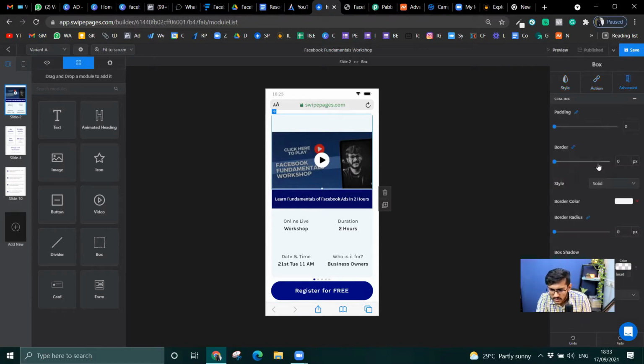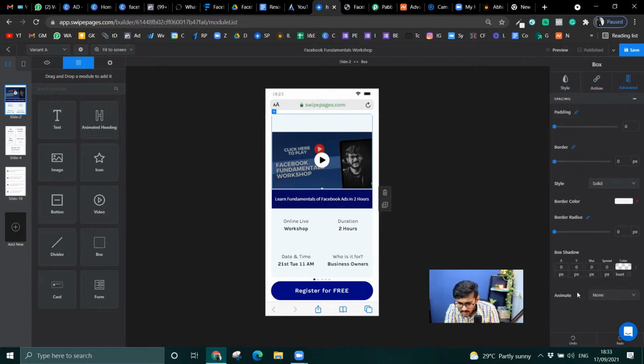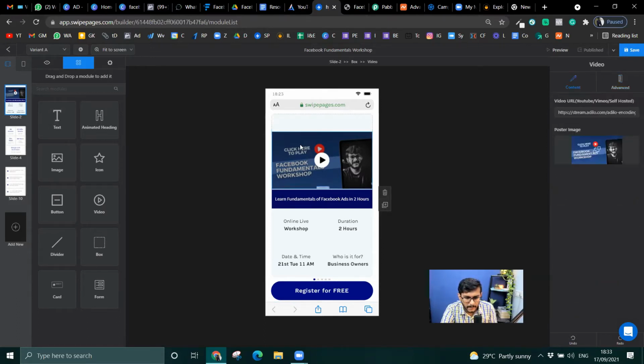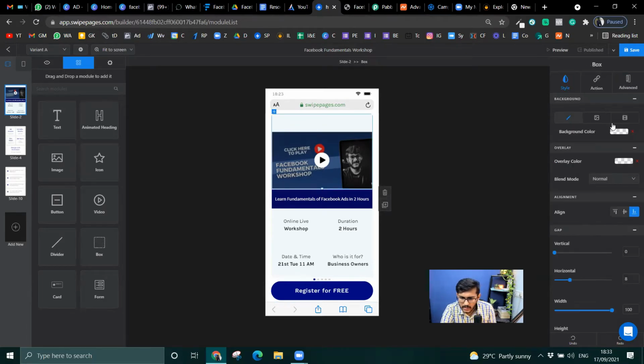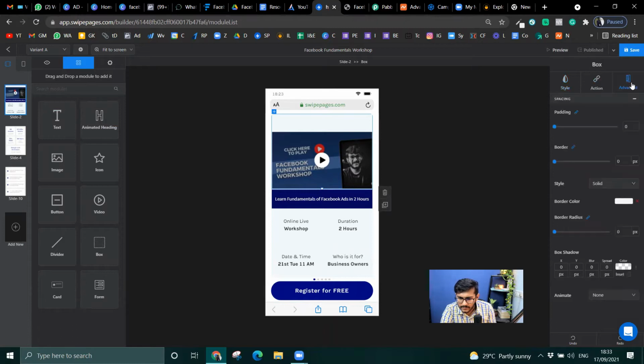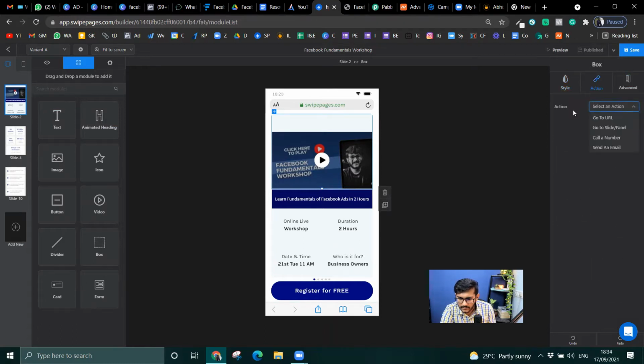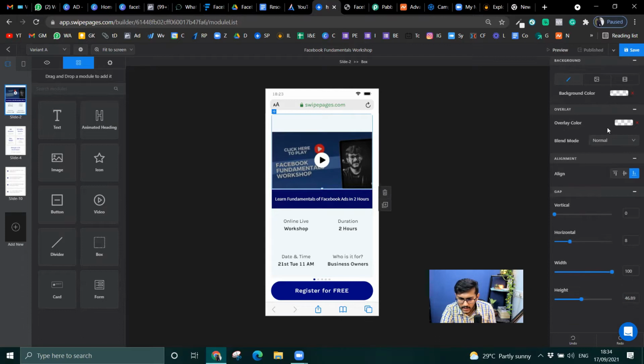So let me just go see if there is any padding to it. I don't see anything. And if I go above, okay, I don't want any background color, overlay color. Okay, width 100%, height.